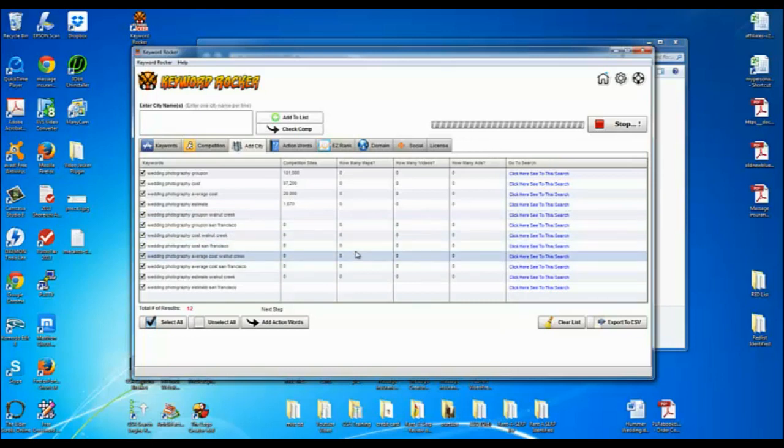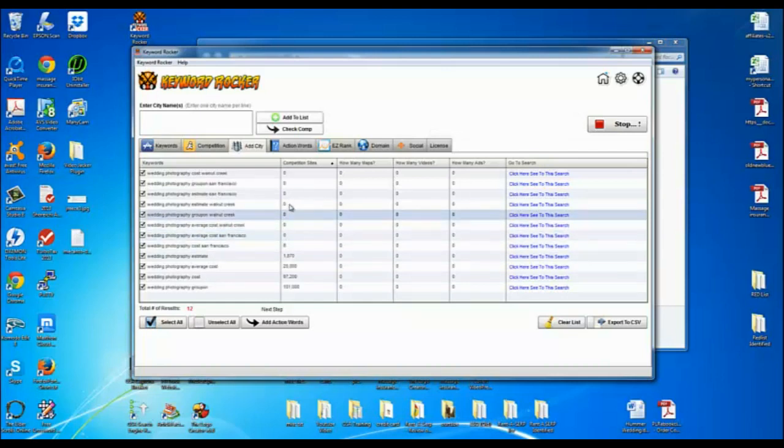What does it mean by 0? It means that there are 0 competing websites with this full keyword as the direct match keyword. That's why I have a bunch of 0s, and probably the exact match domain for these guys are available.